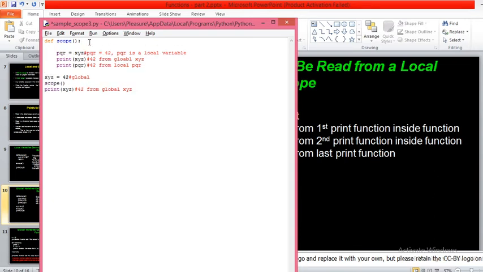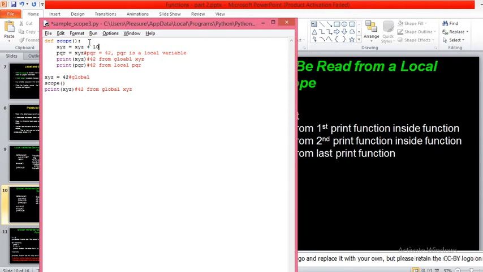But now you see here, if I try to do this one, XYZ equals XYZ plus 10. What I'm trying to do with this line is trying to modify the value of the global variable. We are trying to modify the value, which is permitted or not permitted?